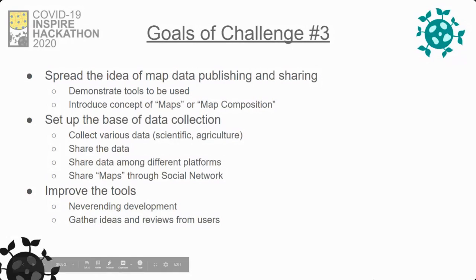Experts work with layers; non-experts want to work with maps. Many years ago we introduced the concept of what we call a map composition. It is a composition of layers, and people who are not experts can receive this composition and work with it. People who have some knowledge can combine the maps and share them with others.